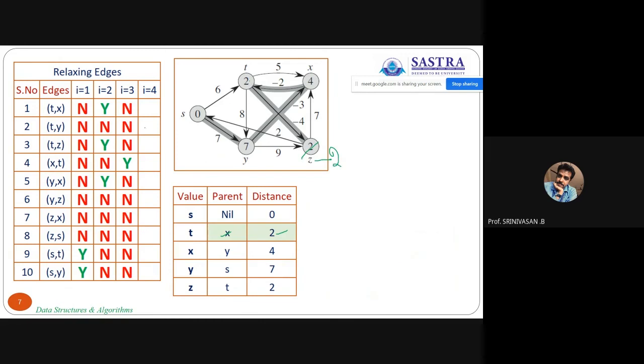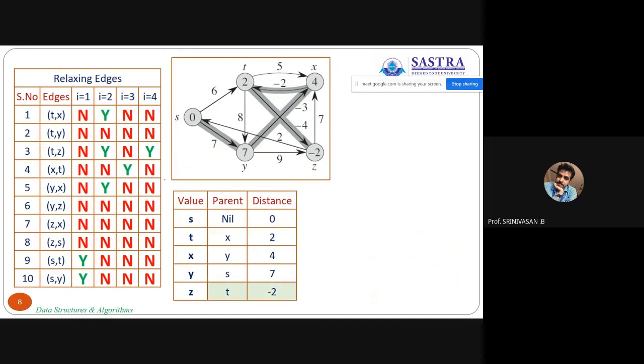Okay, so what is going to happen on Z? Z's parent is T and the cost is 2 minus 2. Whether I want to continue the iterations, no need. If the graph does not have any negative weight cycle, the problem will be solved in n minus 1 times. You will definitely get